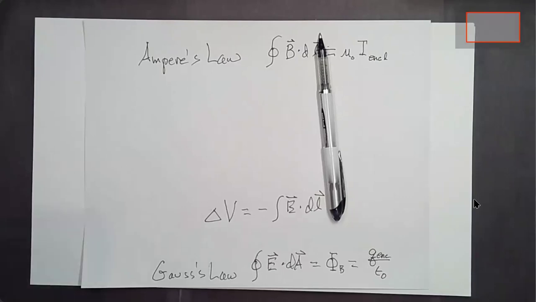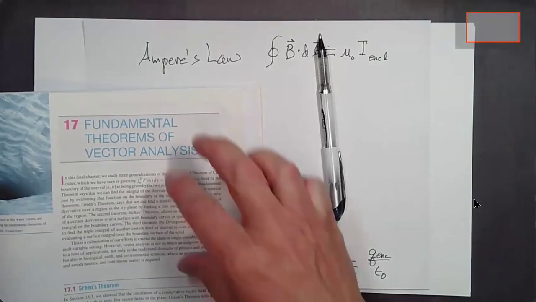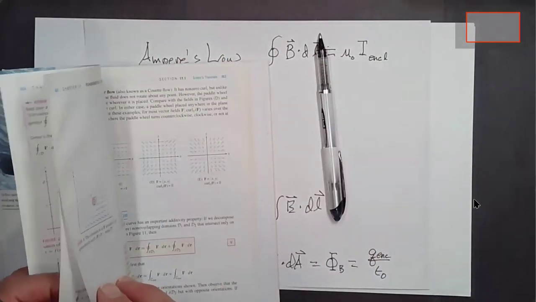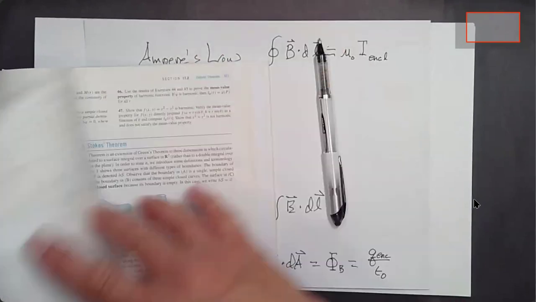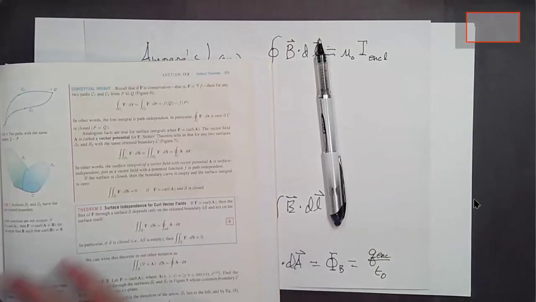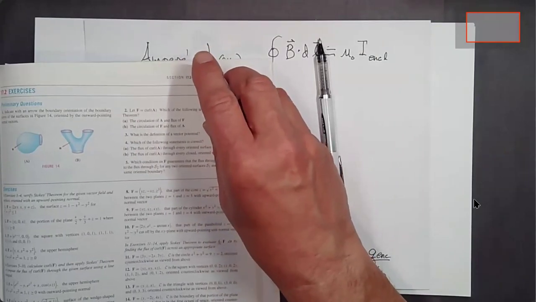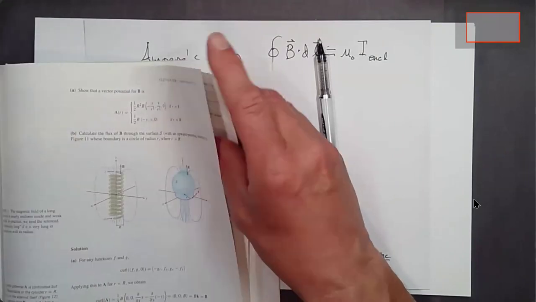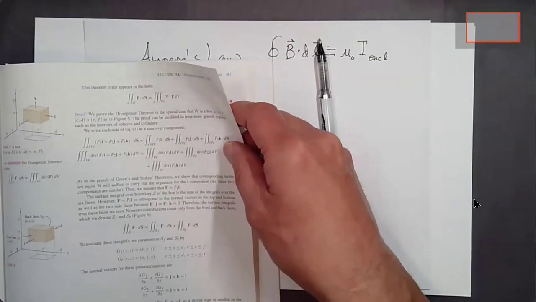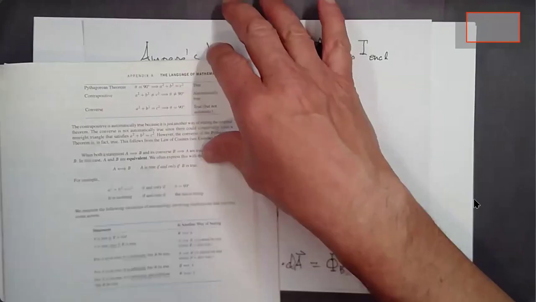This is a book that was just in a stack that people were giving away one time. Fundamental theorems of vector calculus. There's Green's theorem. Let's see. Stokes' theorem. Okay, yeah, it's the second to last thing in the book in multivariable calculus. And I wonder if they even mention Ampere's law in here. Oh, they do. Okay. So that's good. And then the last section in this book is the divergence theorem